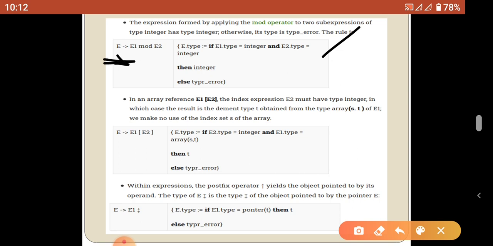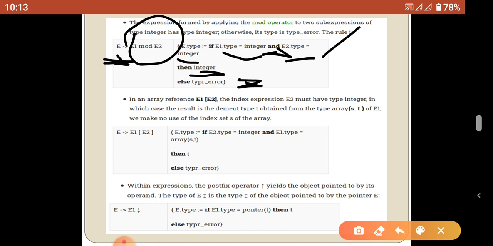The E type is based on this. That may be valid or otherwise invalid. If it is invalid, it informs a type error. It is valid when the E1 type is integer as well as the E2 type is integer. Both operand types are integer because of the AND operator. Integer means it returns integer, because both operands are integers, so the result should be an integer. Otherwise, one of E1 or E2 may be another data type. Any data type other than integer means it informs a type error.